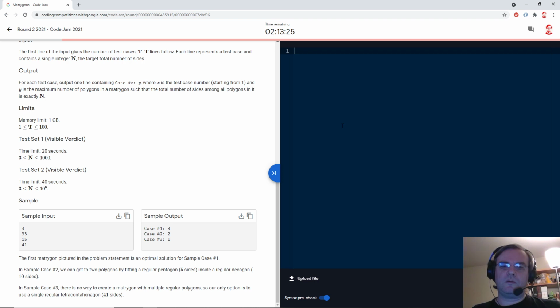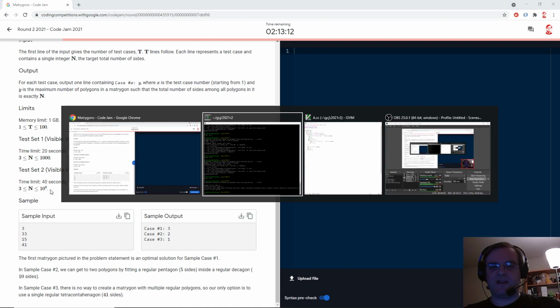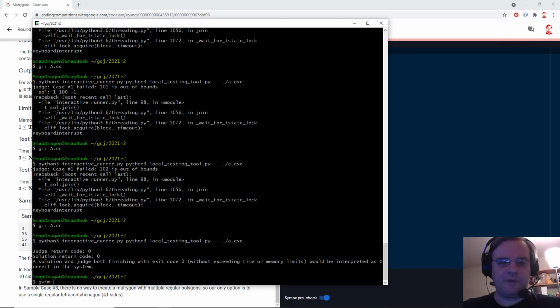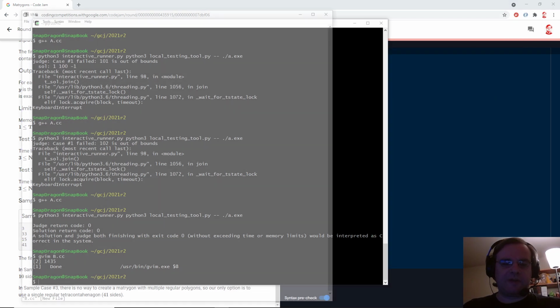So now, does that mean it could actually be optimal to use a larger one? I mean, it doesn't really matter. I can just factorize this and do all possible factors of it. So I don't need to be clever, I don't think.